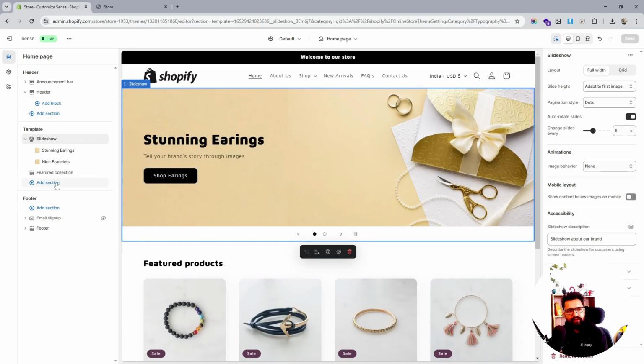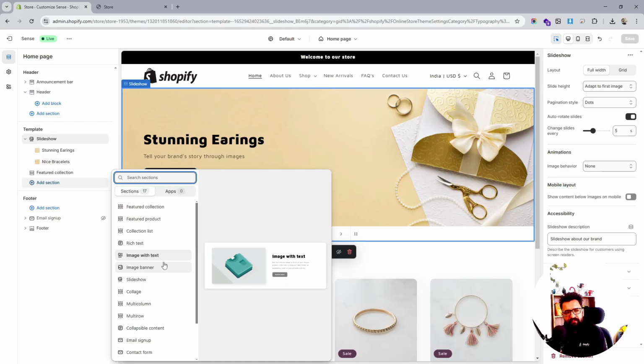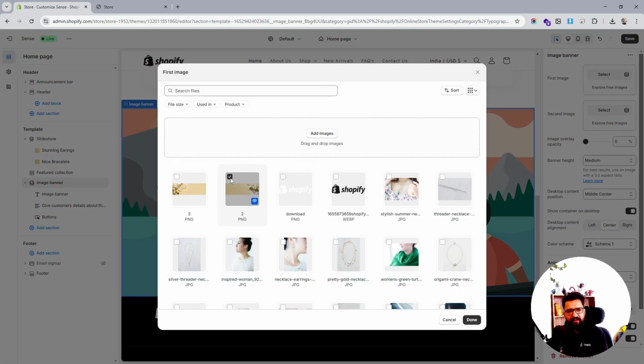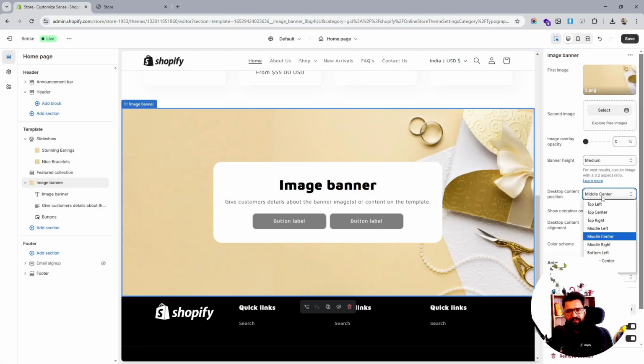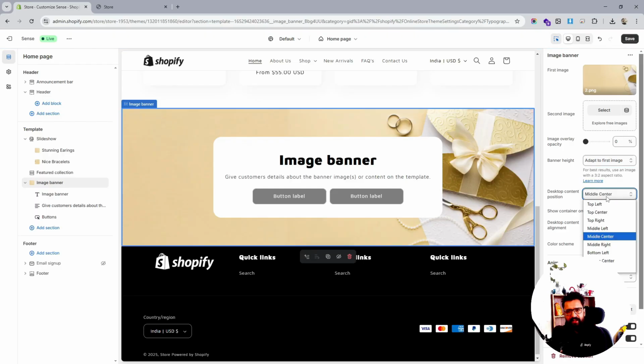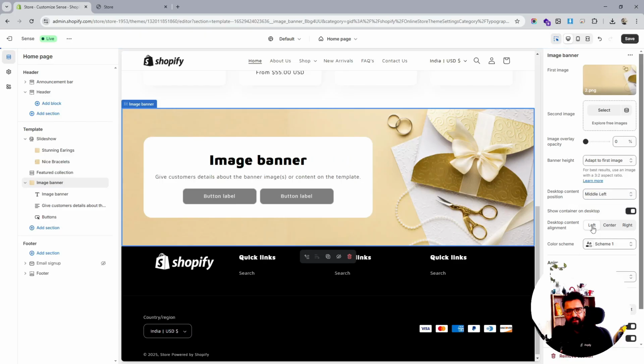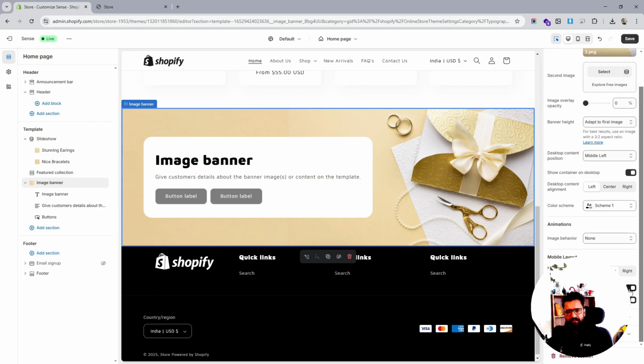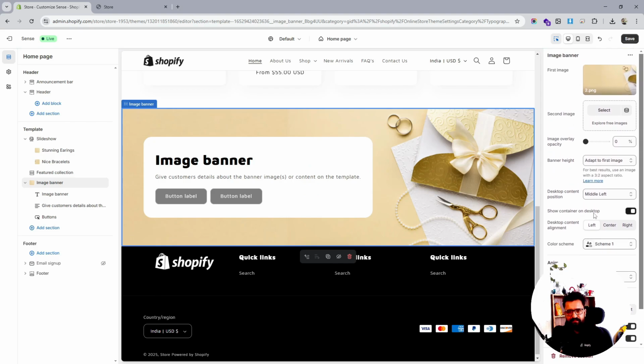For those who would be looking for a single image, they can use a simple banner, just like this, and for them they can just adapt the image, and then middle left in this case, and extreme left, and yeah, so I'll just show you both of them. All right, this is good, and the left, this is okay,